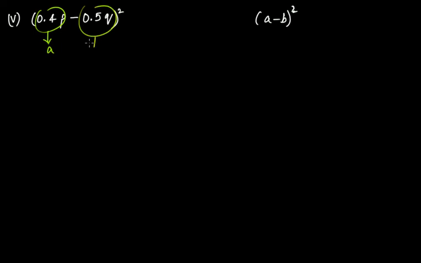Okay, now this is (0.4p minus 0.5q) whole squared, and here this should remind you of the formula, the standard identity number 2 that says a minus b whole squared is equal to a squared minus 2ab plus b squared. So if you look at this one, this is a and this is b. Now a squared means (0.4p) whole squared, minus 2, a means 0.4p and b means 0.5q, plus b squared means